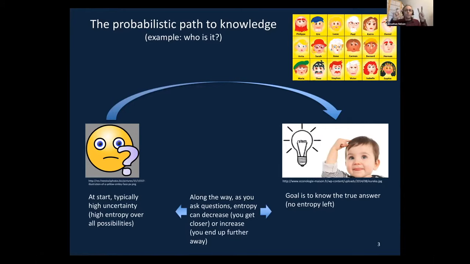This idea of entropy could be a kind of yardstick or measuring device that lets you know how far you have to go. So there might be some cases where there's many possibilities, but one of them is much more plausible than the rest, or there might be cases where there's few possibilities, but they're similarly uncertain. And this idea of entropy basically gives you an even-handed way of quantifying how much you still have to learn. So if you're playing a game trying to figure out what face it is, you could use that to see how far you have to go from where you are right now towards hopefully knowing the true state of things, say what face it is for sure.